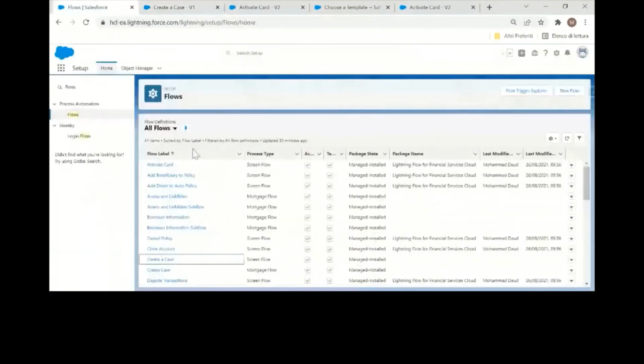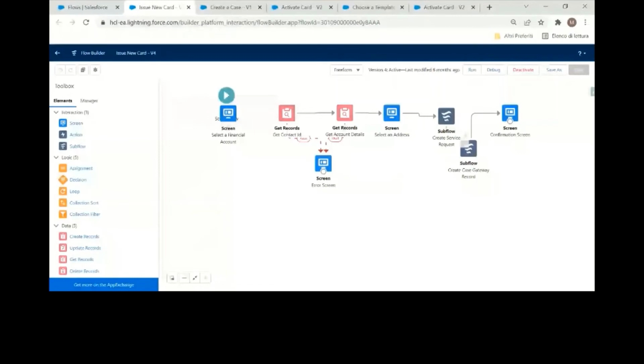The third one, which I wanted to touch base on, is Issue New Card. And this Issue New Card is not directly from the Experience Cloud. Here, what is happening is that from the financial account object, they would be able to run this flow to issue a new card for the users. Okay,